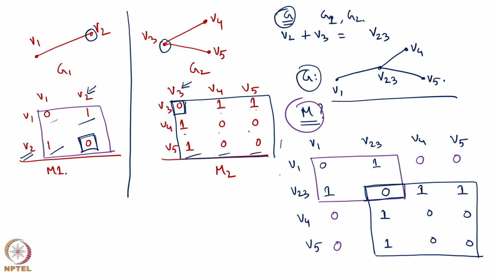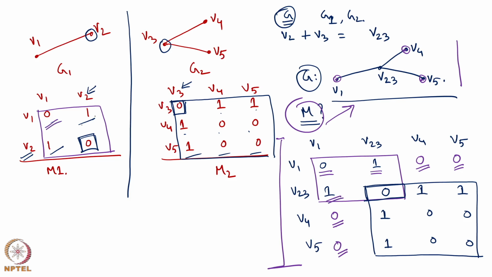You can now look at this matrix and compare with the graph, you will find that the thing has gone correctly. Why we put zeros here? Is V4 going to be added with V1? Here is V4, is it going to be added here? No, so it is 0. Is V5 going to be added with V1? The answer is no, so it is 0. For the same reason, these are 0. So, whatever goes outside the rectangle, zeros are given,